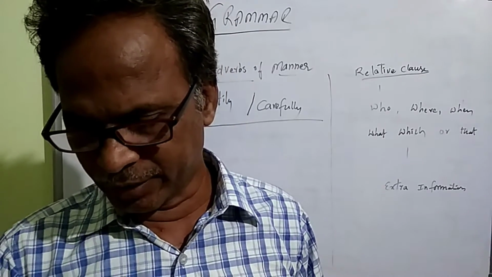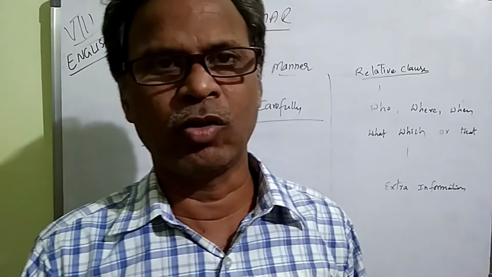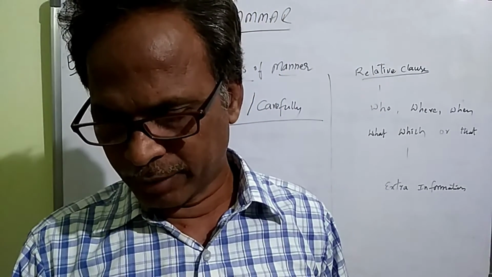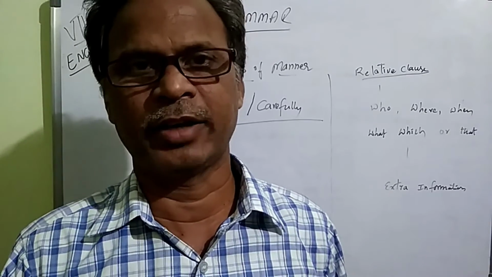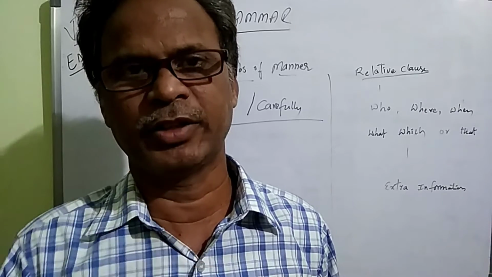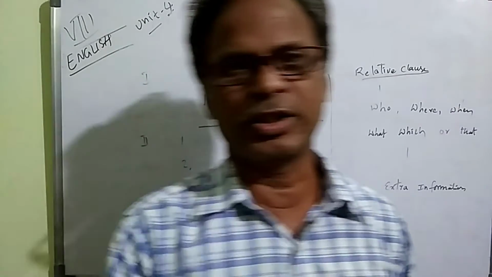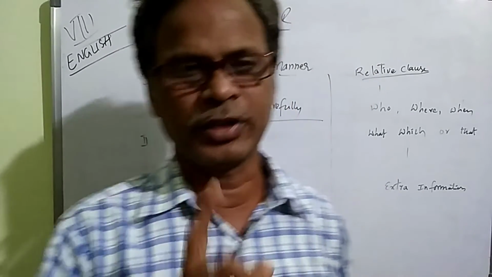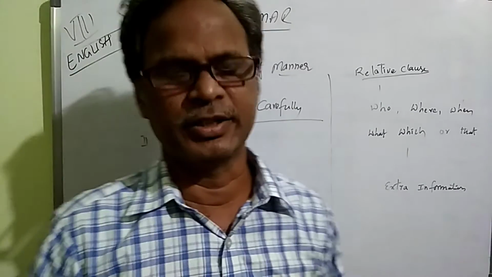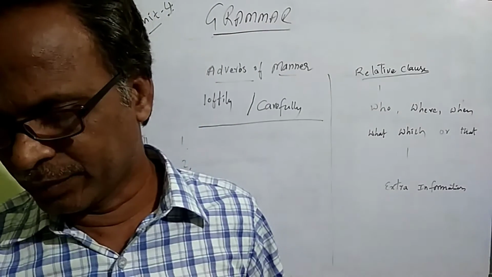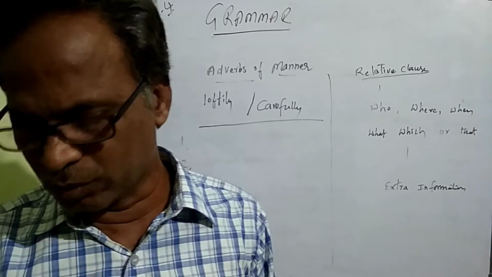The 4th unit grammar begins with a sentence: "He added loftily, pronouncing the word carefully, centuries ago." This is a statement given to you. In that sentence, 2 words are there: one is carefully, another is loftily. Carefully and loftily, 2 words are given in the sentence. So what information are they giving here? In that sentence these 2 words are